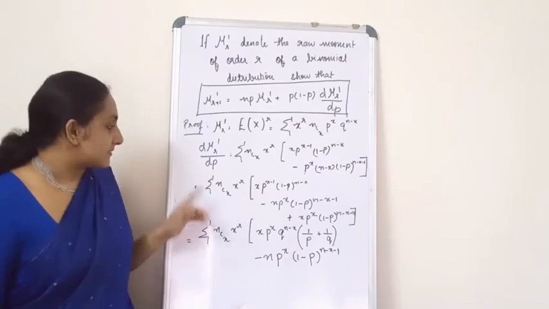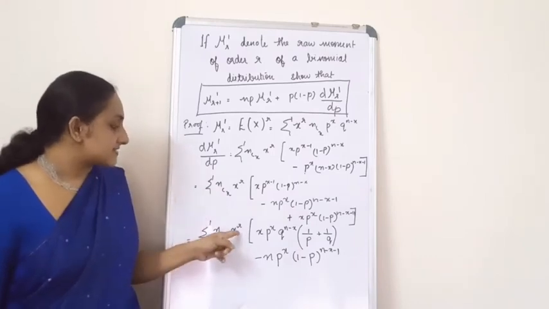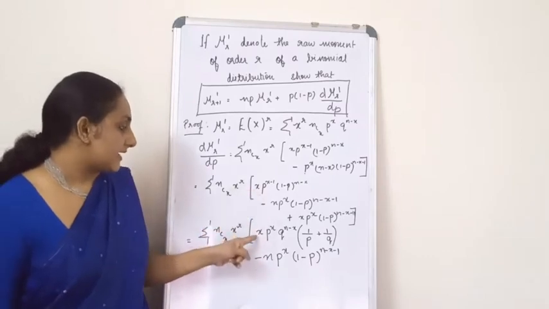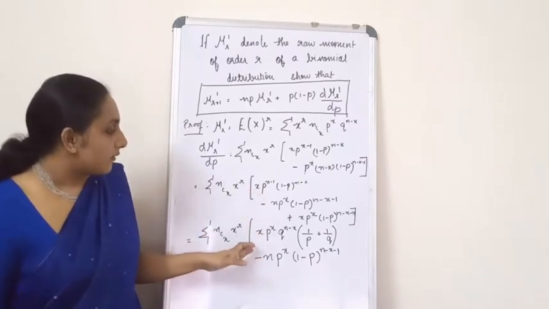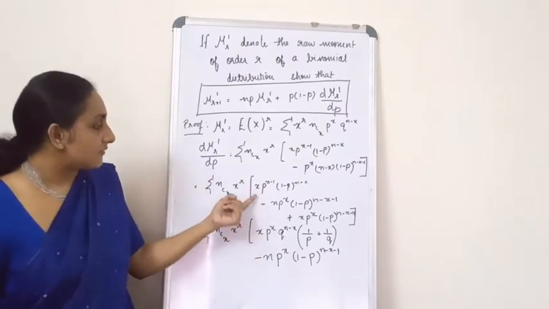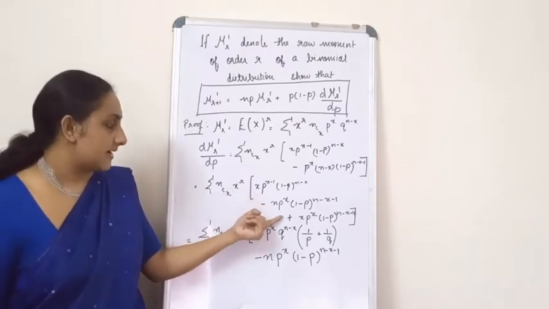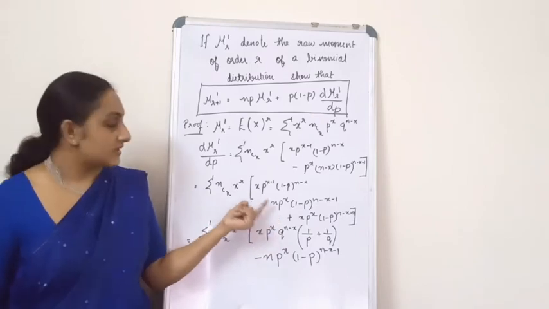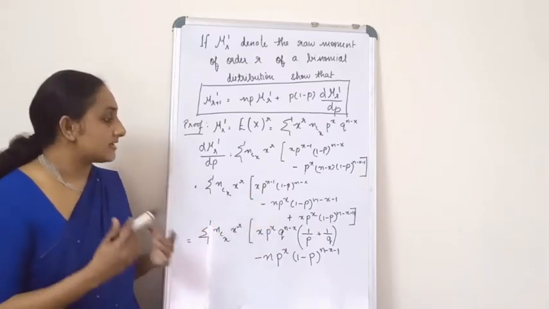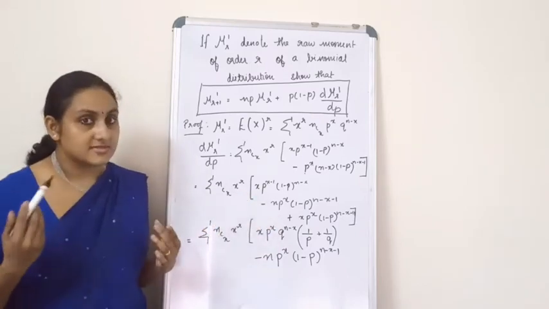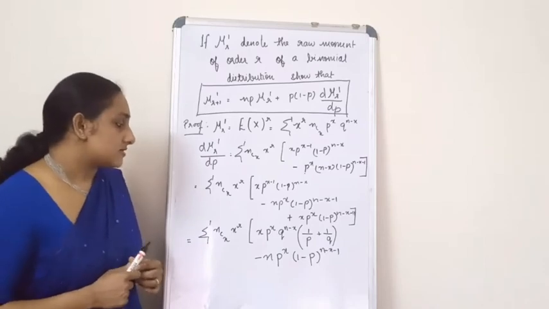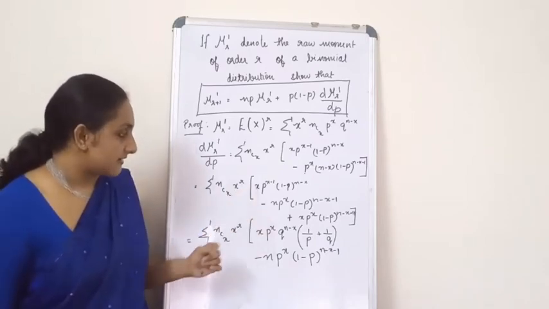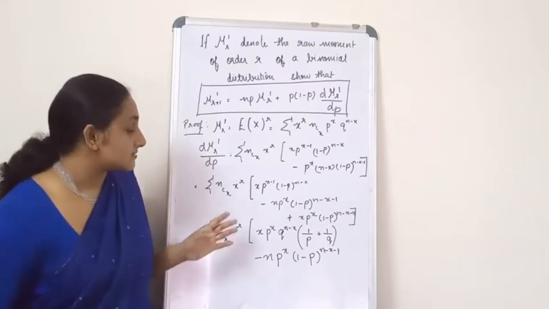Now the next step, again you write nCx (x minus np) raised to r into x. Okay, now in the next step, you now have three terms over here, right? Now you are going to consider these three terms. When you consider these three terms, you can take some common factors outside. So you have to take the common factor x. I took the common factor x from each of them.